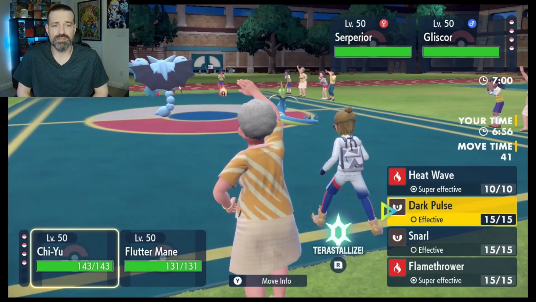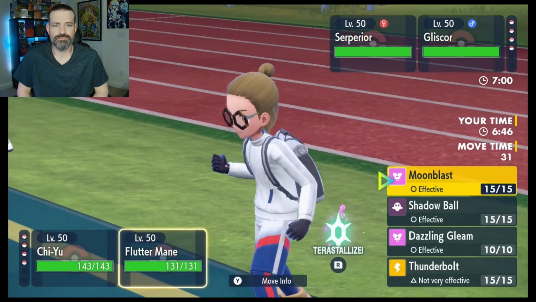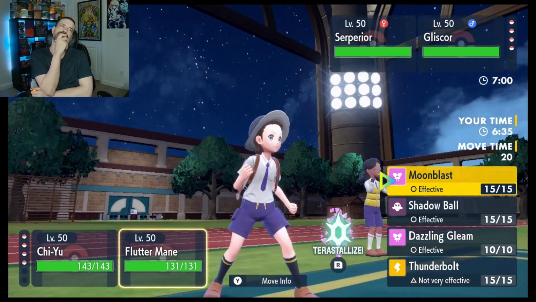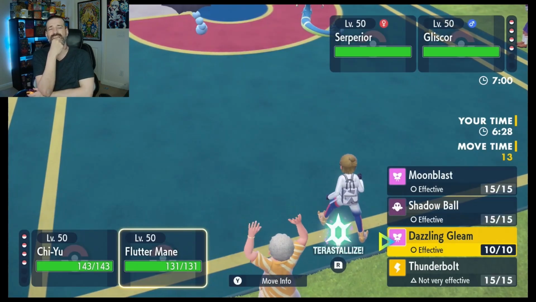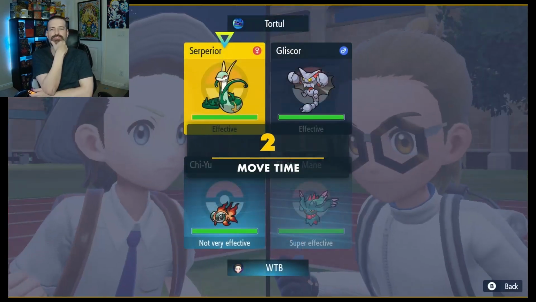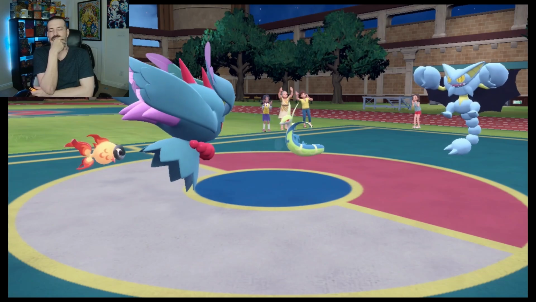All right, well, in that case, let's start off by going for a Heat Wave. All right, let's do that. We could always go for a Dazzling Gleam. But if, like, Superior... You know what? I'm going to go for the Shadow Ball into Superior. If they Terastallize into Fire, we would have a hard time. I should have gone Dazzling Gleam. That would have been smarter, but...